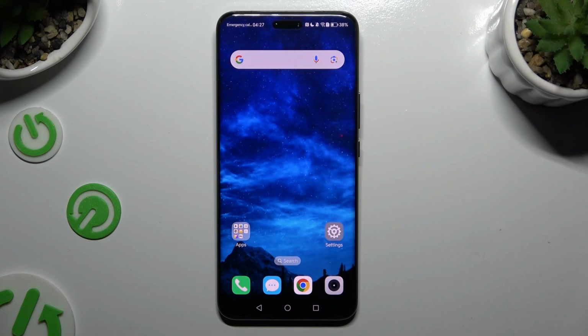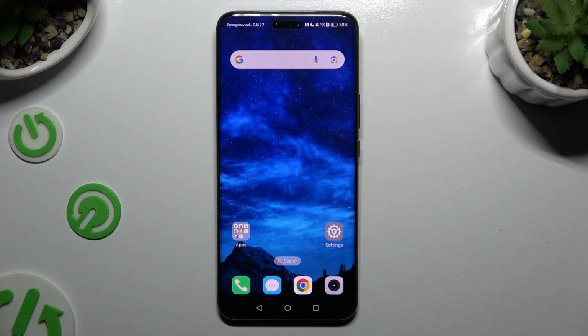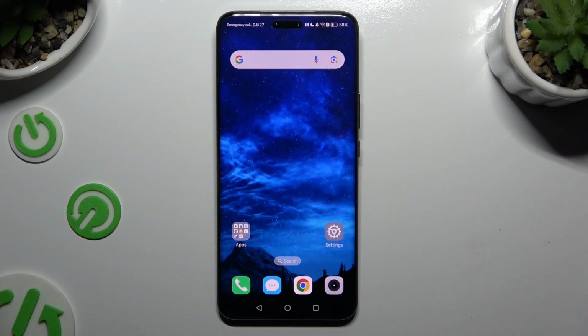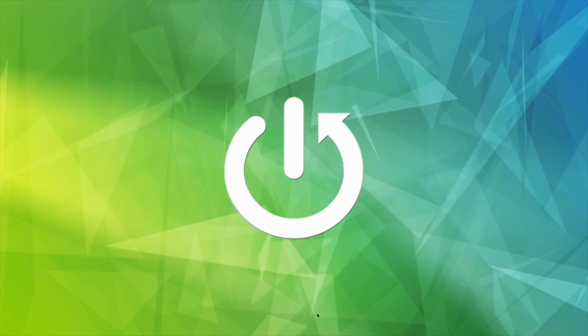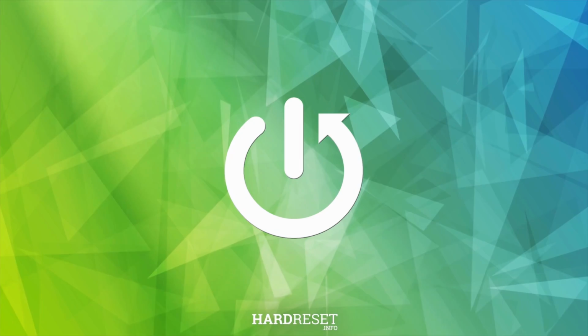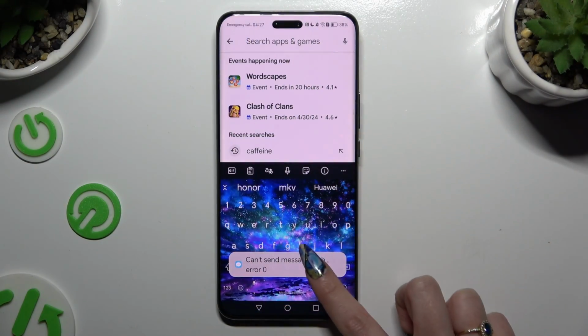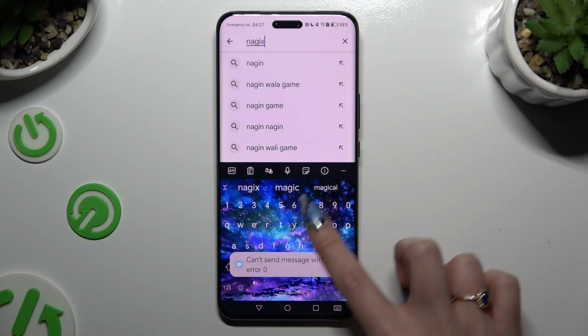In front of me is HONOR Magic6 Pro, and today I would like to show you how you can apply animated live wallpaper called Magic Fluids. Start by opening Play Store and downloading free app called Magic Fluids Lite Fluid Theme